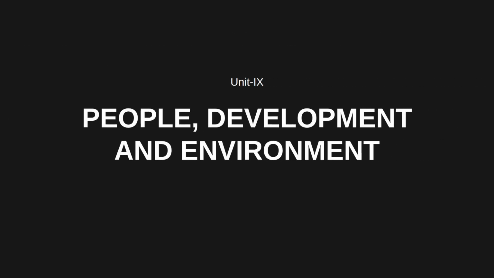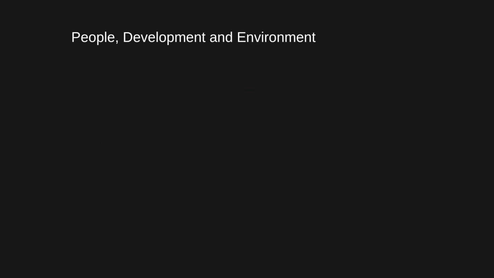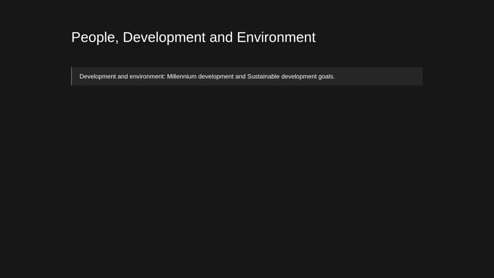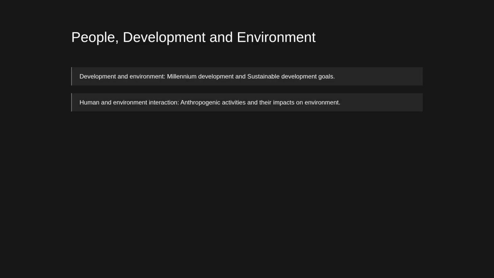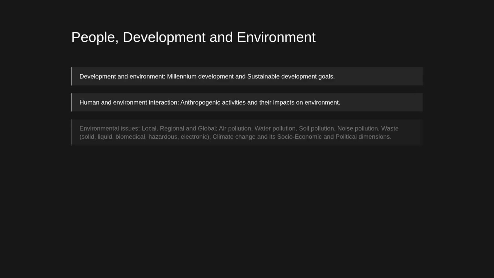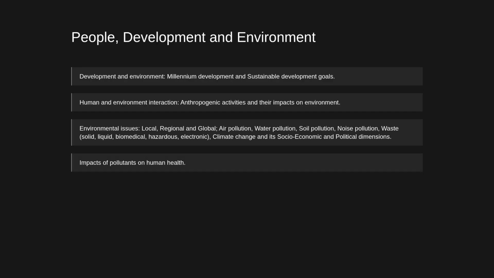Unit 9, People, Development and Environment. In People, Development and Environment, we cover development and environment, Millennium Development and Sustainable Development Goals, human and environment interaction, anthropogenic activities and their impact on environment, environmental issues, local, regional and global, air pollution, water pollution, soil pollution, noise pollution, and waste types, solid, liquid, biomedical, hazardous, electronic, climate change and its socio-economic and political dimensions, impact of pollutants